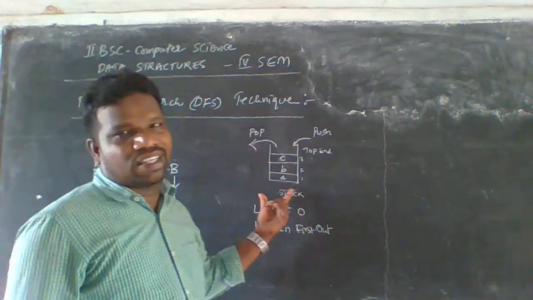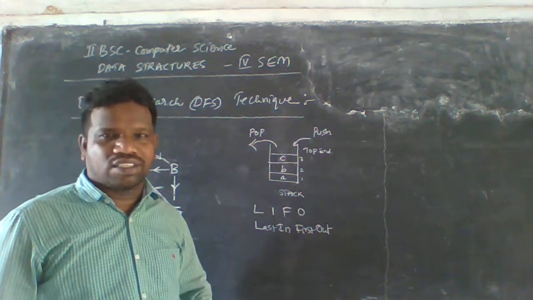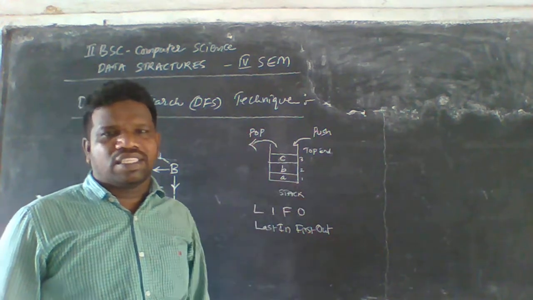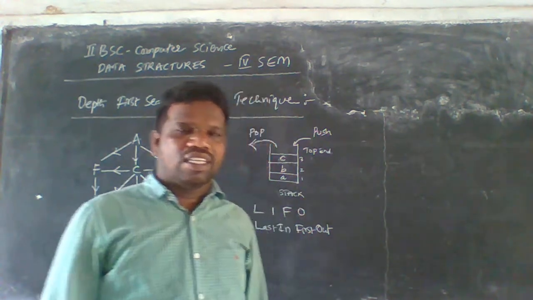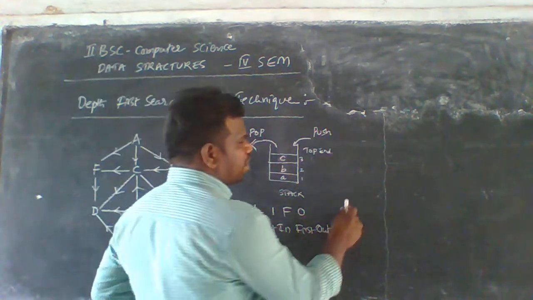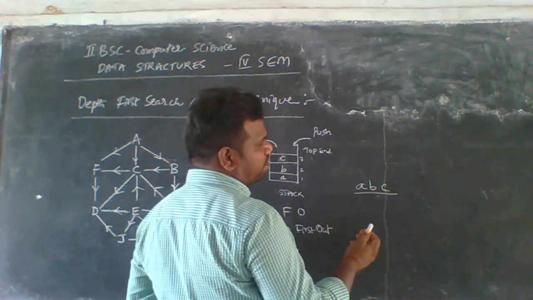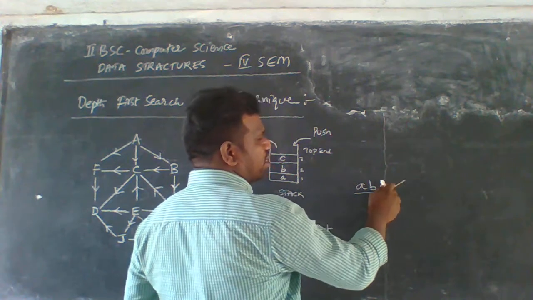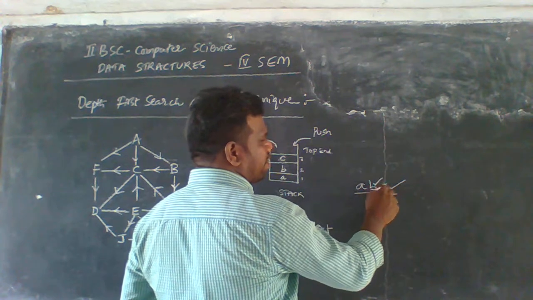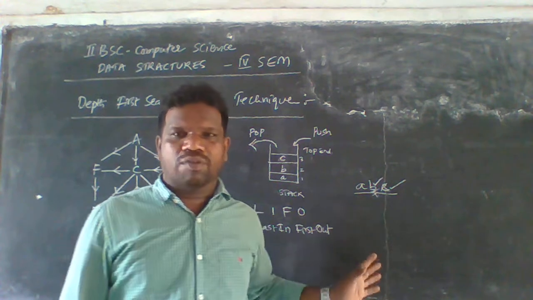So already we learned this in the first unit and the second unit. This is called a stack application. Using DFS techniques, you have to follow the stack, and the stack follows only LIFO. That means the first element inserted is A, then the second element B and C. In this we have to delete C first because it is the last element, then after that we delete B, and later we delete A. So this is the process of the stack.